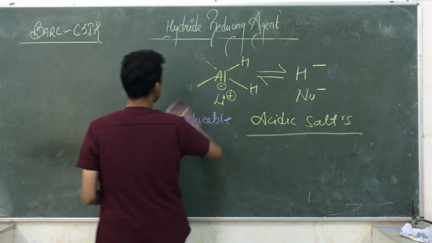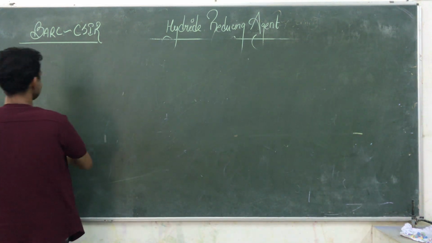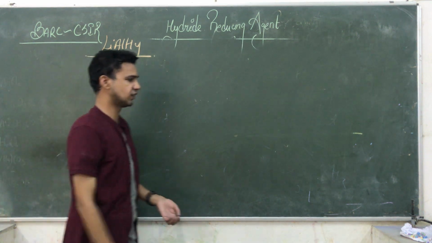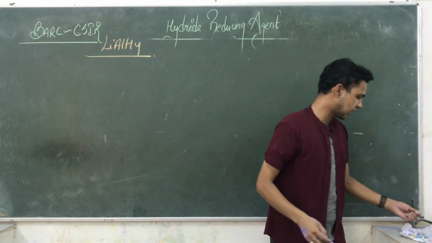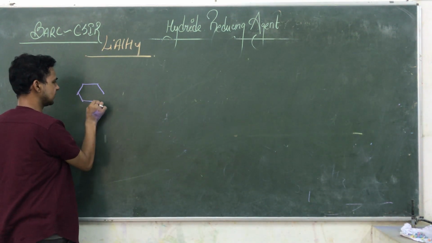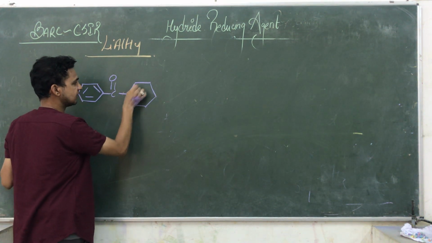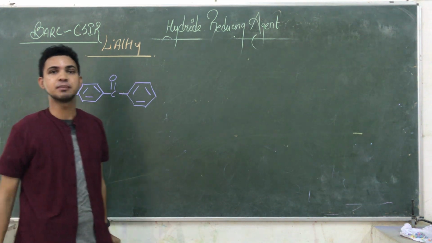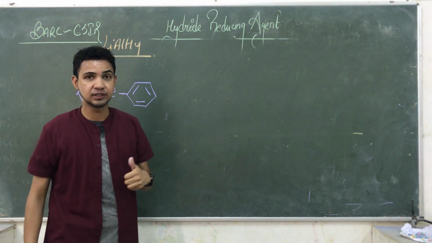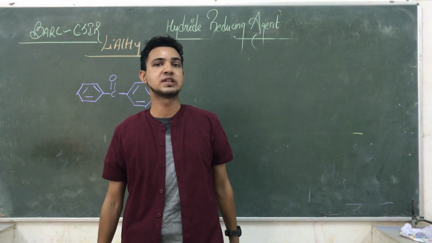So here we are taking benzophenone in the case of lithium aluminium hydride. Our topic is LiAlH4, so I am just demonstrating its activity by using one chemical reaction. We are using benzophenone here. You know very well about the structure. It is a kind of ketone family. Two phenyl rings are attached to the keto group. So this reaction shows the power of lithium aluminium hydride. 1 mole of lithium aluminium hydride is capable of reducing 4 moles of substrate.